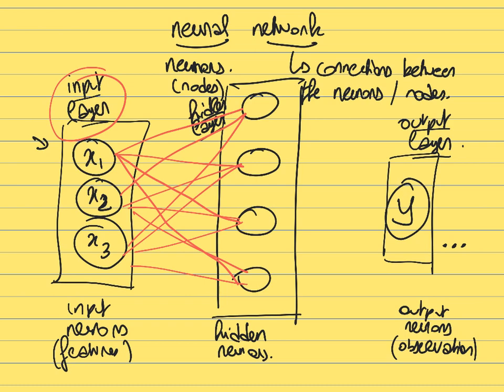They are going to provide an output signal, and this output signal is going to be transmitted to the neuron of the output layer, which again is going to combine and process all those signals, and based on this make a prediction of what is the